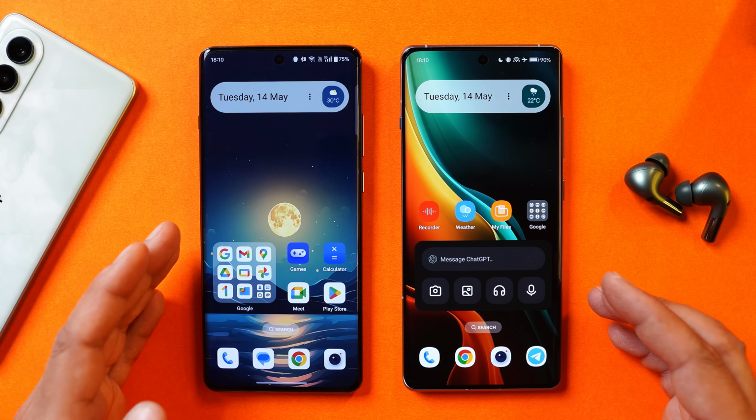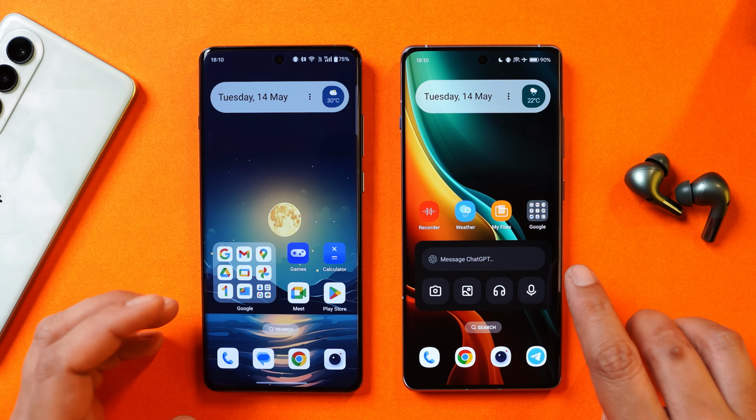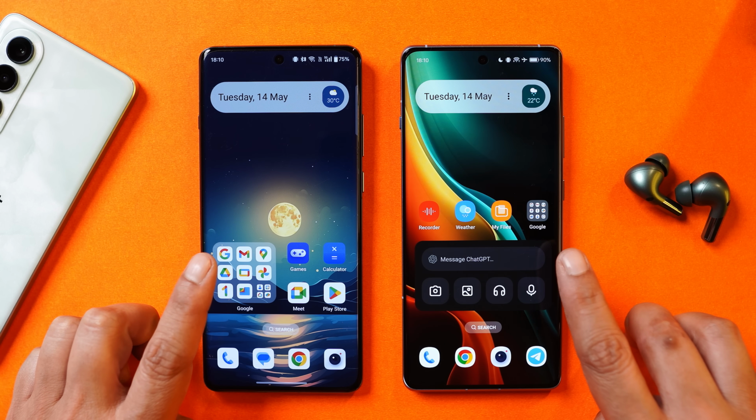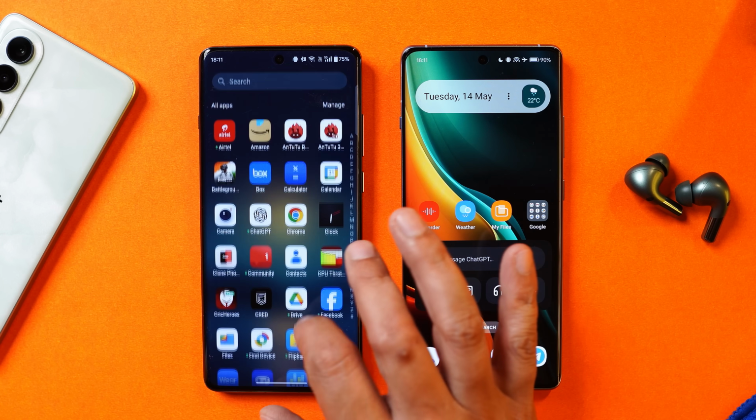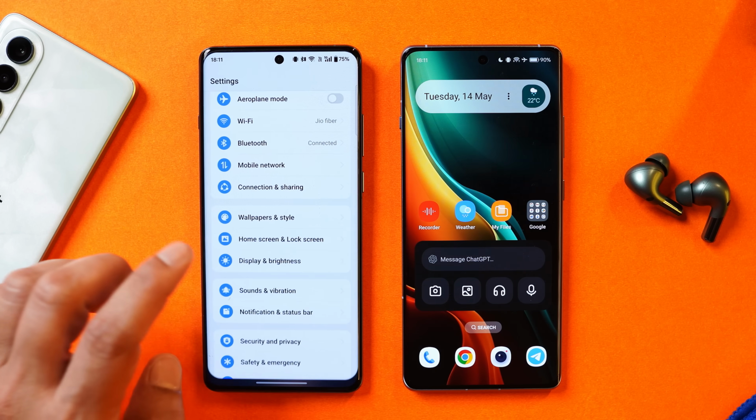So here on the table, I have two phones. This is OnePlus 12R. I've kept this device on the table to compare the changes. And towards the left hand side, we have OnePlus 12. First of all, let me show you the software information of this latest build which I've already installed on my